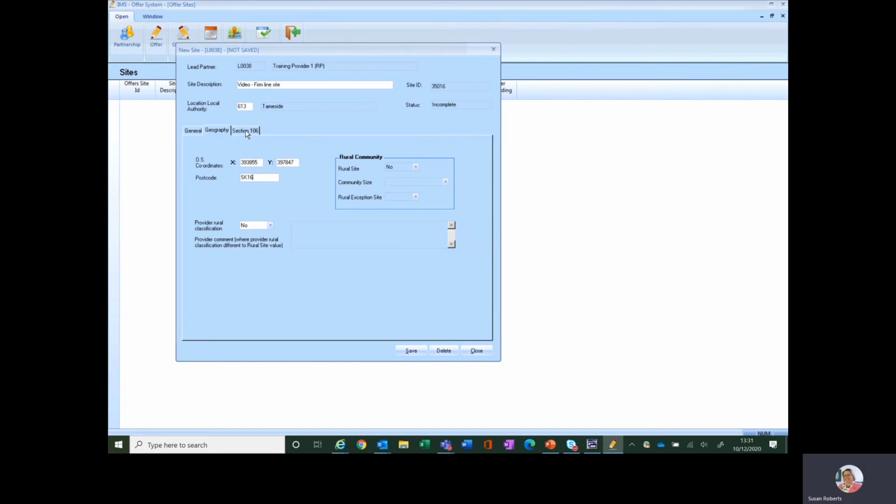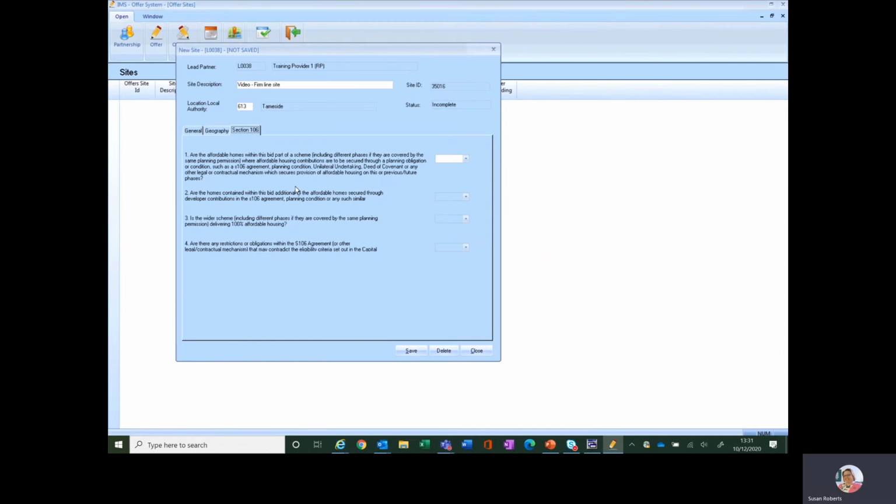So let me click now on the section 106 tab. And there are 4 questions on the section 106. Now, those of you that have been into sites before, you'll notice that there used to be more questions than this. These questions have been streamlined, hopefully a bit easier for you to answer. So if I were to select yes to question 1, further questions below would open up, and you answer appropriately. But if you put in no, then you don't get asked those other questions. So I'm now going to click save,